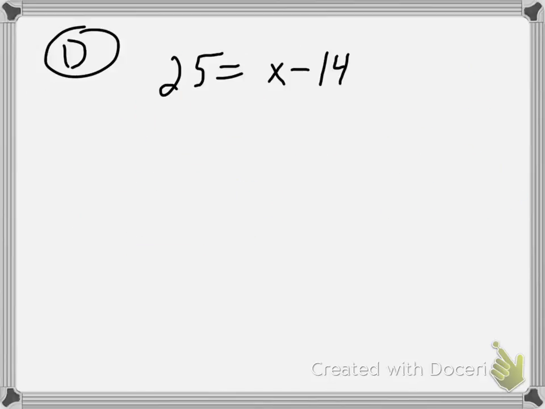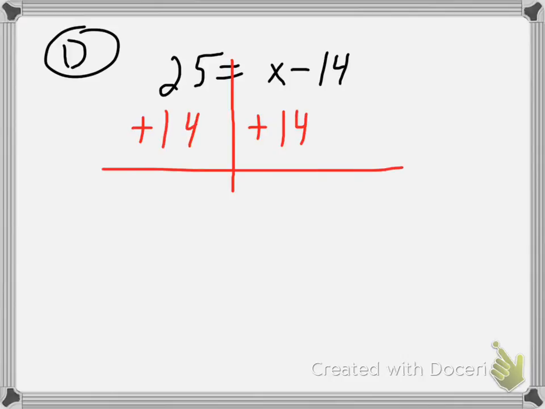Last example here. 25 is equal to x minus 14. There's my equal sign. I'm going to split my problem up. On the right-hand side, I can see it's x minus 14. So I'm going to do the opposite of that, which is addition. I'm going to have to add to both sides. And to undo a minus 14, I'm going to need to add by 14. Now when I'm going through and solving, my minus 14 and plus 14 cancel out. I'm left with x equals, and then 25 plus 14